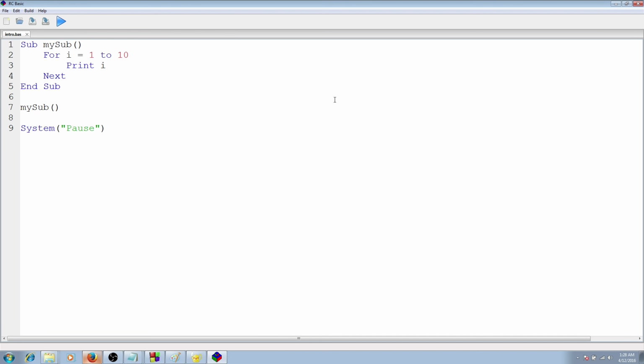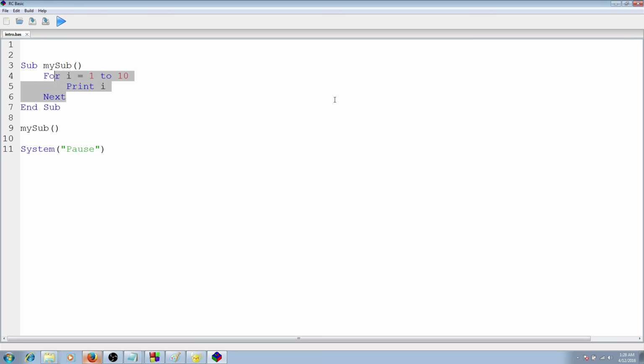The last thing I'm going to go over in this video is scope. I'm going to leave that function here, but I'm going to take this out just to demonstrate something. So my sub is going to print a, and we're going to make a variable here called a equal 5. When we call my sub, it's going to print a, which we made here. So a was made before my sub was made, and we can access the variable a since we already made a right here. So we run that,